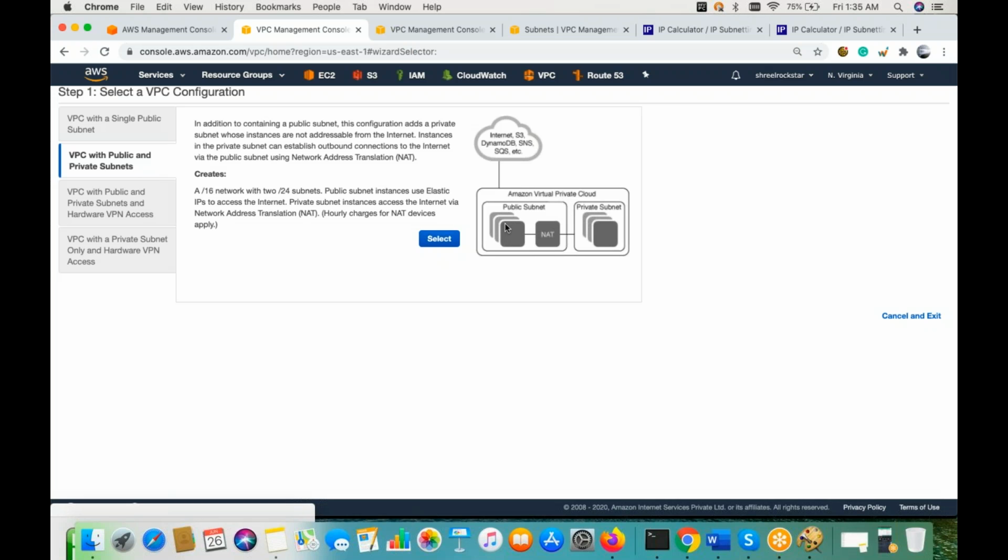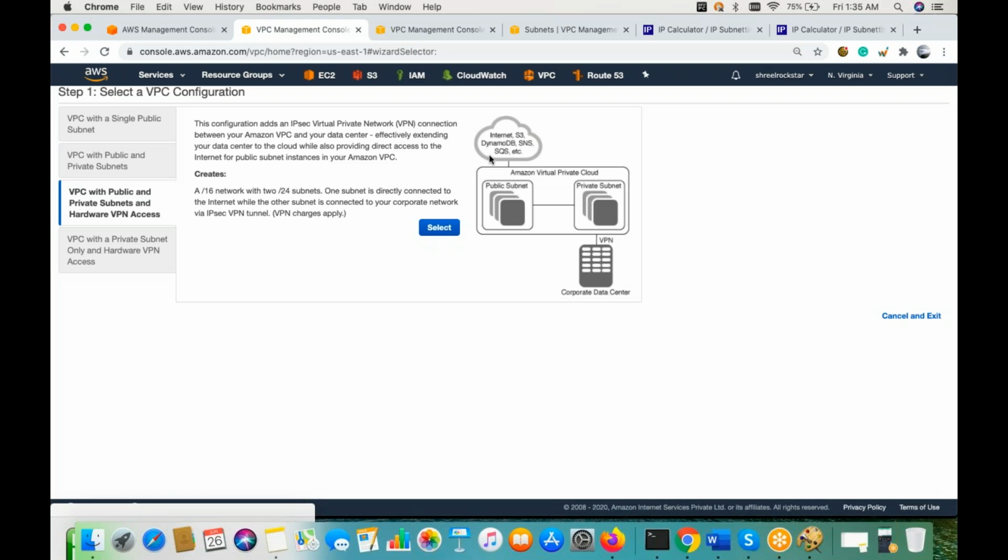There is one public subnet, NAT between them done, so the private and public can talk, but privately. There is another one which we will do tomorrow: the internet, then public subnet, and the private one, which is VPC. And guys, this will be your physical data center, like your office, like your home.